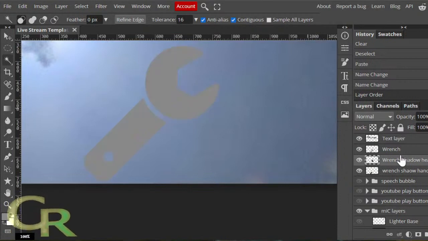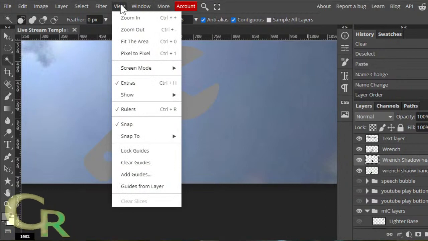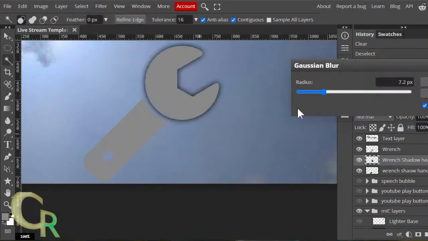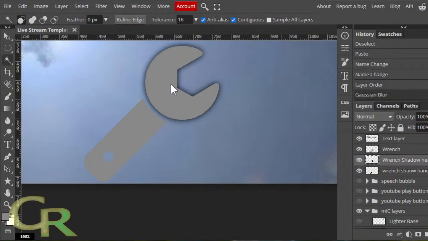I'll show the original wrench. Let's put that wrench shadow head layer that I named, go to filter, blur, Gaussian blur. I'll be able to manually do it. Yeah, there you go. Yes, sounds pretty good.